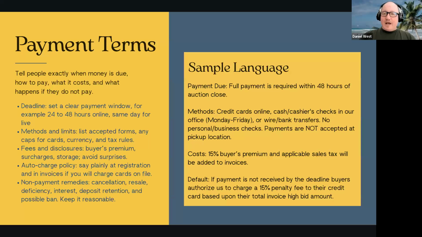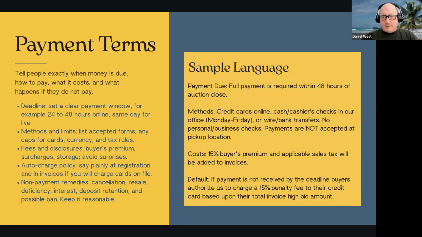All right, if you have fees, now this is a huge one. If you have any potential fees that might be charged, you have to list them. This seems sort of like a no-brainer. Some of you might wonder why I'm stressing it. It's because you'd be surprised by how many auctioneers don't disclose the fees that they plan to charge.